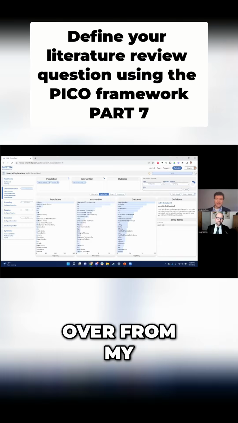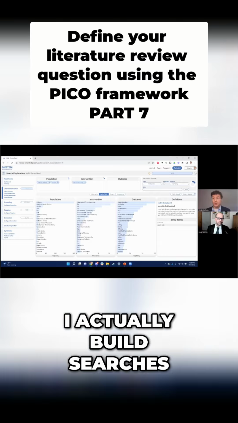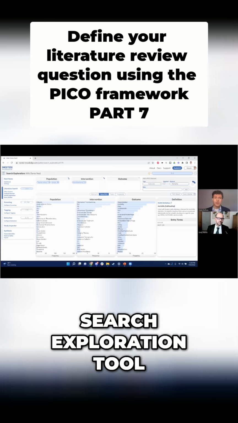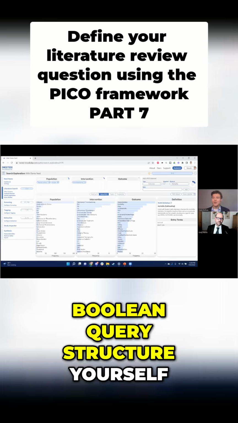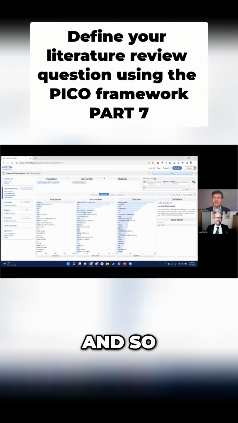I just jumped over from my slide deck to our software where I actually build searches. This is our search exploration tool where you can add these terms without having to know Boolean query structure yourself. That's kind of nice. And so you can see up here,